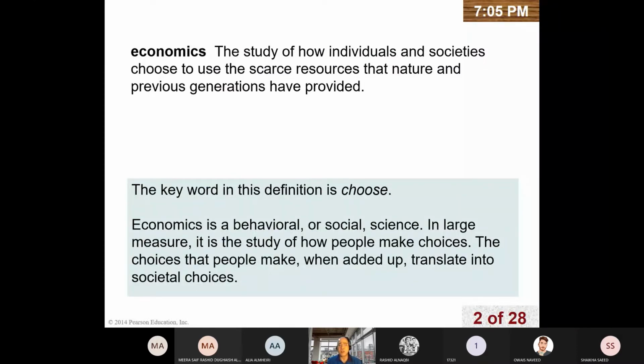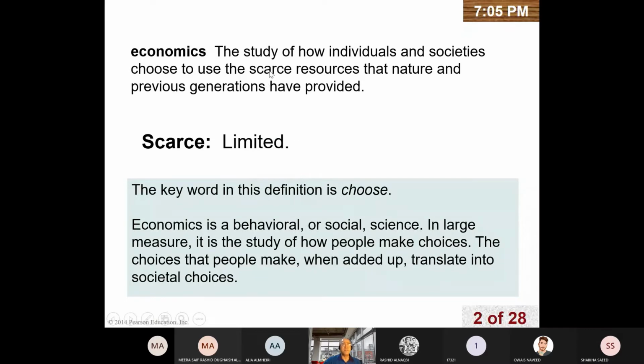Wes, since you are my friend and you are a student, could you help me to read the first paragraph? Sure, sir. Economics. The study of how individuals and societies choose to use the scarce resources that nature and previous generations have provided. Okay, so see here first,